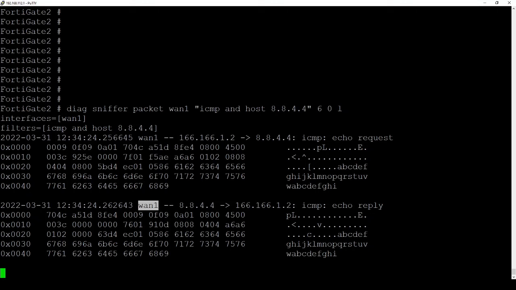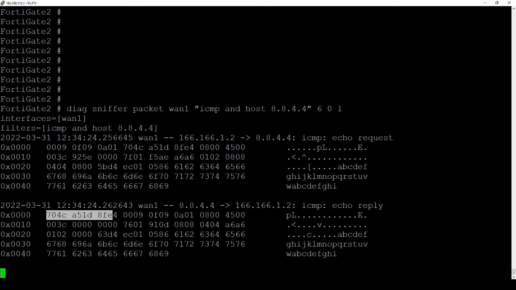So on the very first packet, here we go, we see this is going to be the destination MAC address. So this would essentially be the ISP's MAC address. This is the MAC address of the FortiGate's WAN 1 interface. And then we see the same thing, but in reverse on the return packet. So that could give us a bit of information to be able to identify what the next hop device is that we're communicating with. Maybe we're working with the ISP and we need to give them some extra information, but